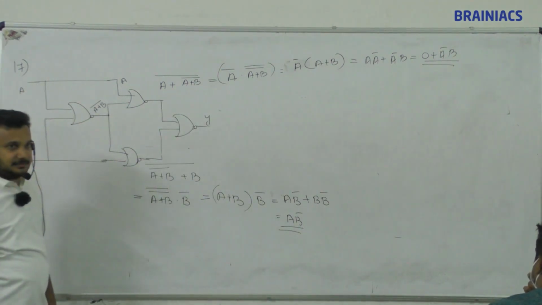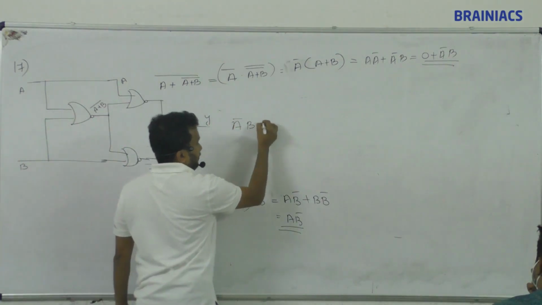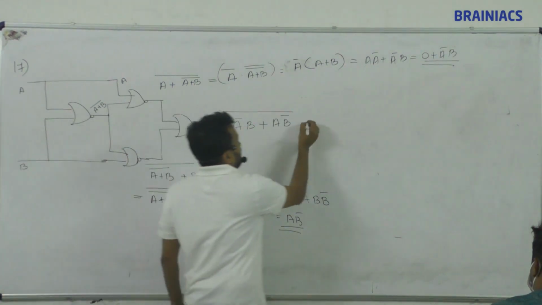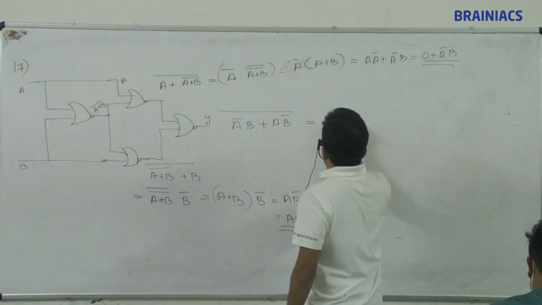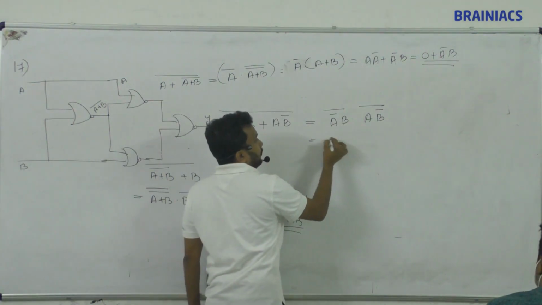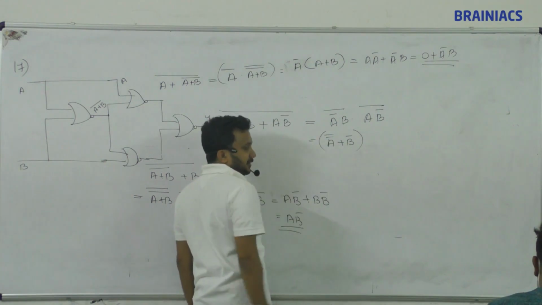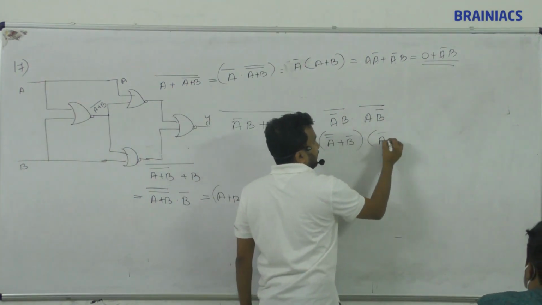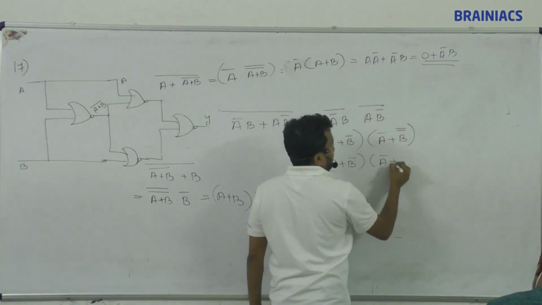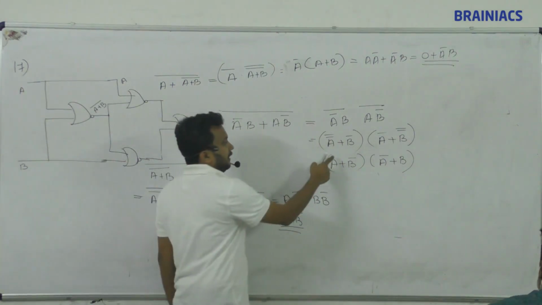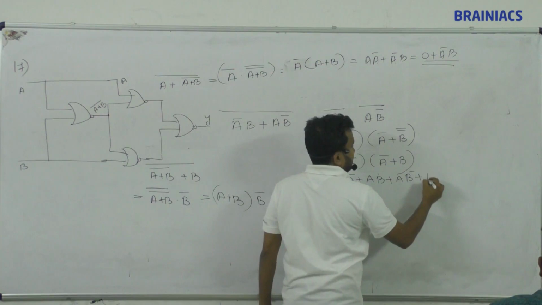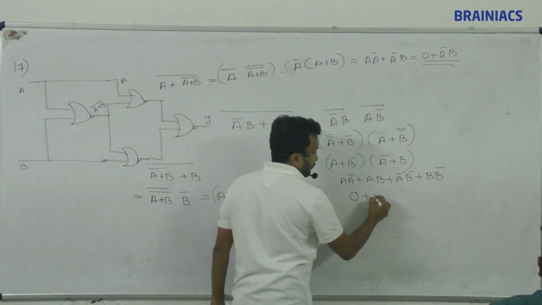Now these two are going inside. So what is coming? A bar B plus A B bar, and add the whole bar. Whole bar. So what's coming? Addition becomes multiplication. A bar B whole bar dot A B bar, this one. So this can again apply De Morgan's theorem. So A double bar plus B bar with multiplication becomes plus A bar B. So A plus B. A bar plus 1 for example, then A into A bar, A into B plus A bar B bar, 0 plus